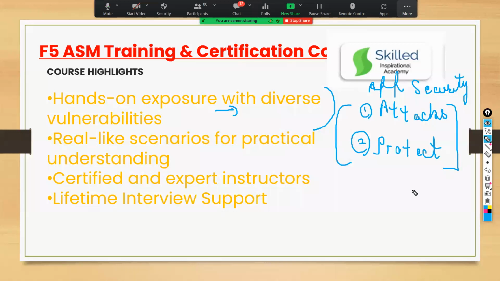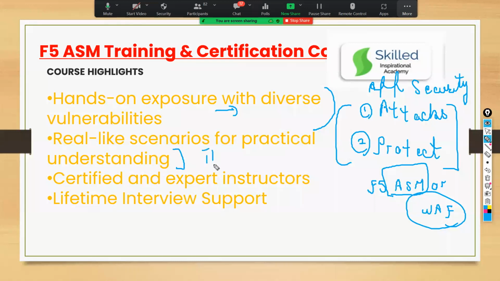And it does not require all knowledge of application security. We will discuss step by step how ASM or WAF works. So don't get confused. WAF is a web application firewall, and F5 has a term which is called F5 ASM, which is called Application Security Manager.